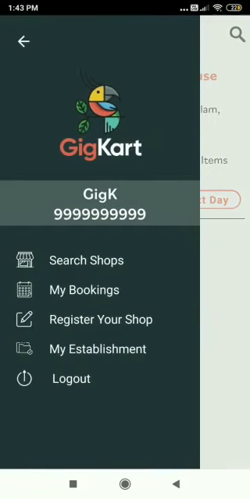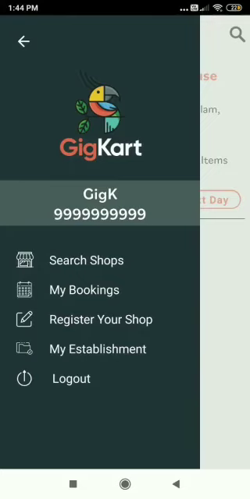GigCart is a very easy to use application. It will help you avoid long queues and maintain social distancing, especially during this COVID-19 times. This application can be used for home delivery too. Please download the GigCart app, use it and share this information with others too, in order to avoid crowding and to increase your health safety.